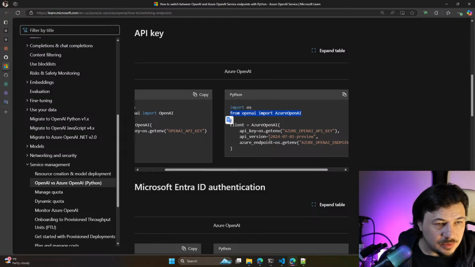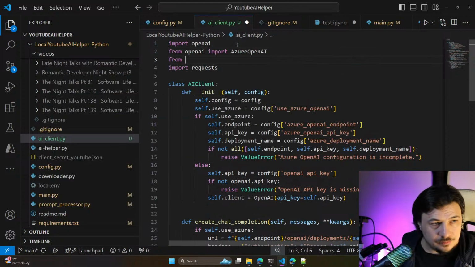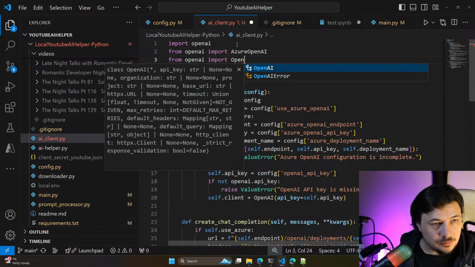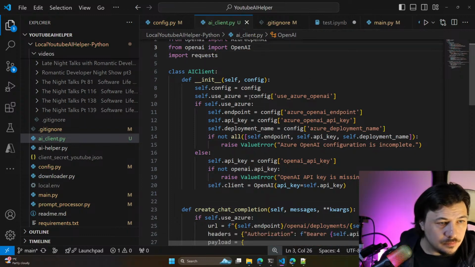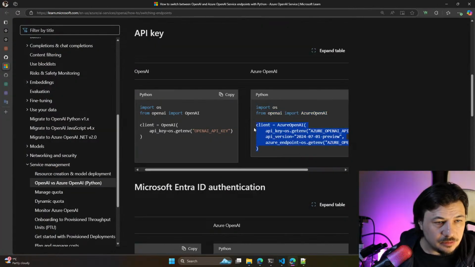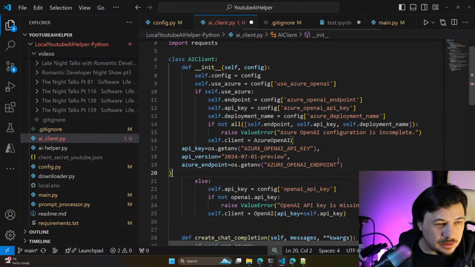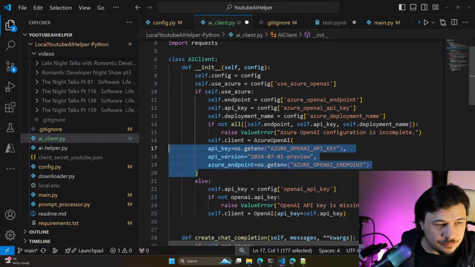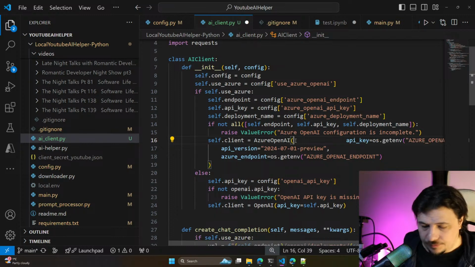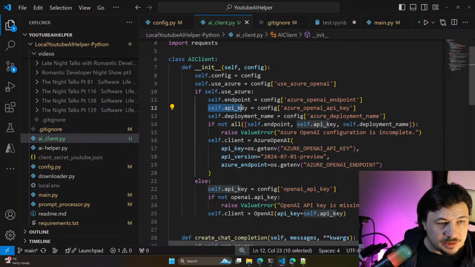From openai import AzureOpenAI. Okay, and here we need to use something like that: self client equals... API key, it would be self API key.